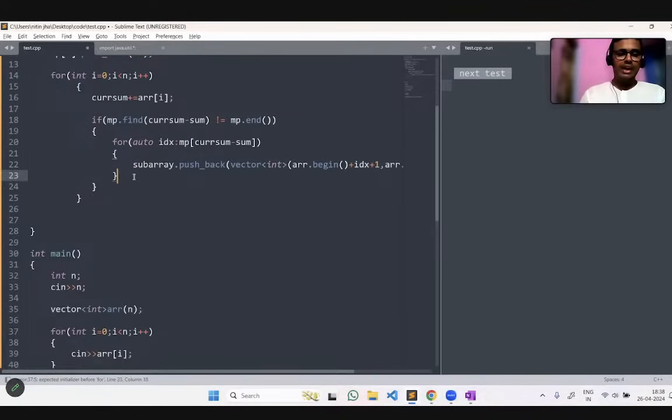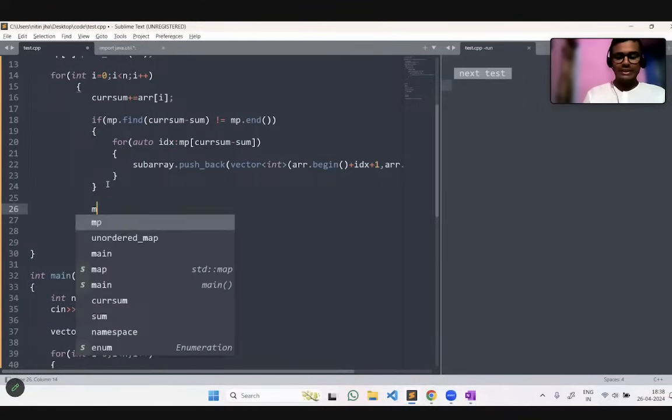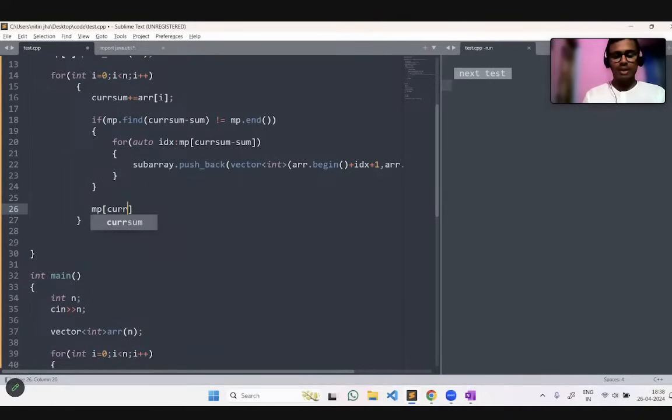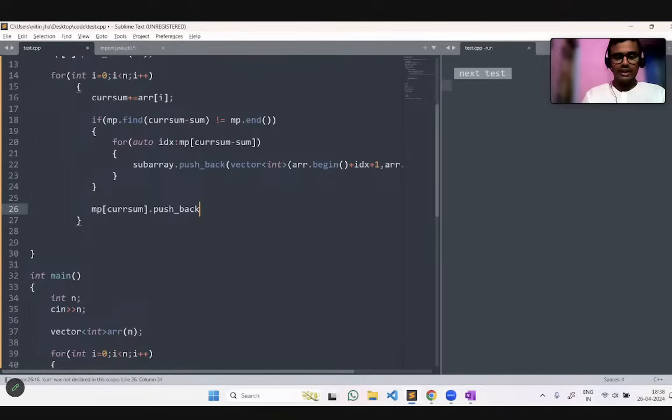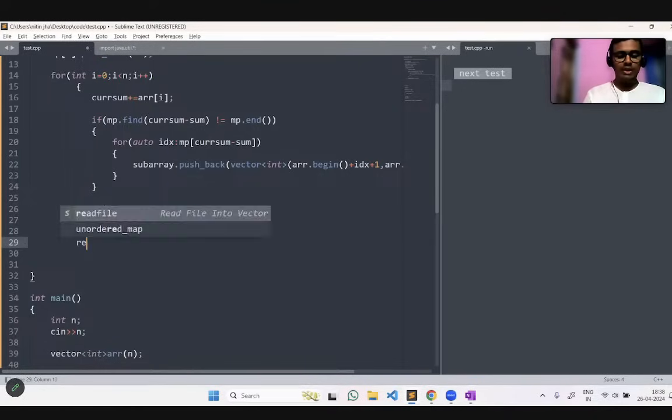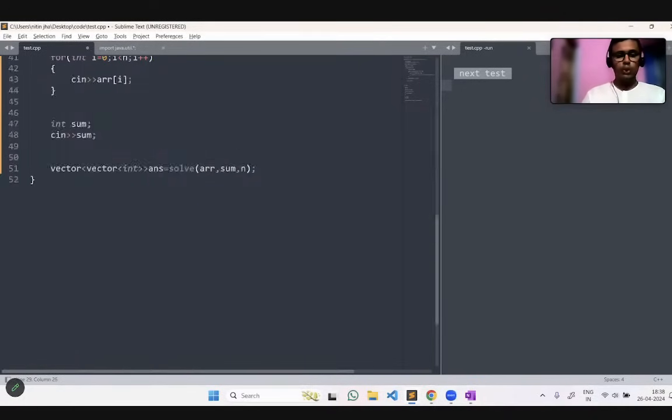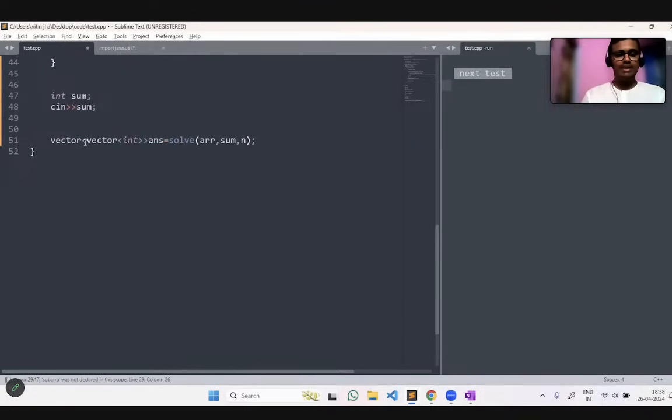So now when you see this, I got one value, I push that value in my subarray, and this will be done. I will go back, and if there are any other indices, that will be done in the same way. And I come out of this loop and I just have to update my map, with that current sum push back the index at which I got that current sum, at the index I. So this is the code. When the for loop is over, I just come back and return the subarray, because subarray will hold that value. And I come down, the subarray will be stored in the answer.